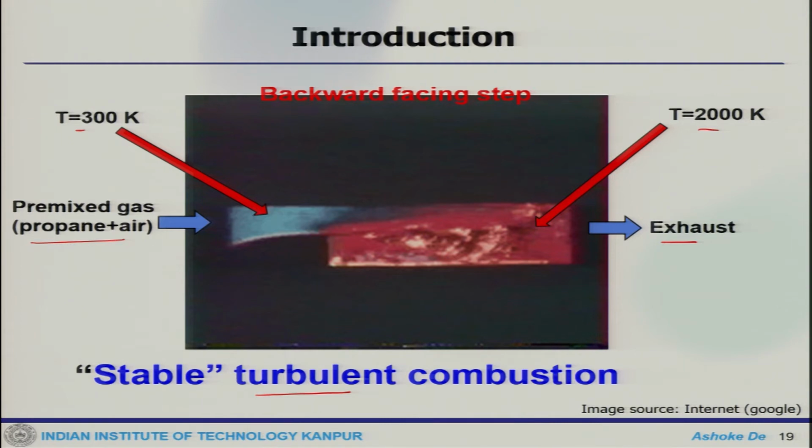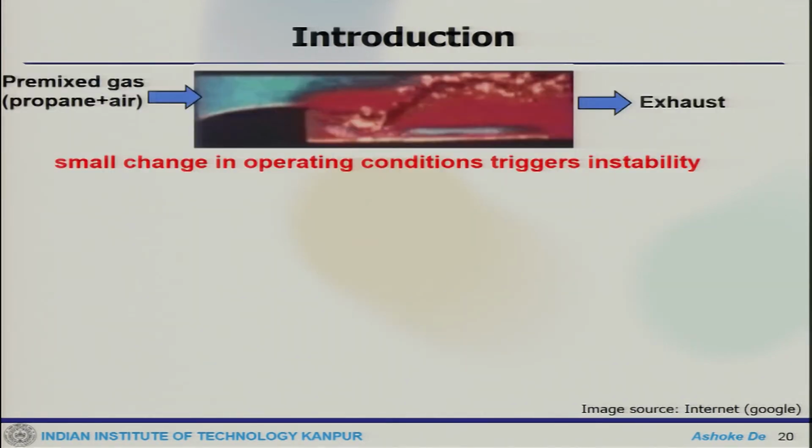Does that mean we can also have unstable combustion? Yes, we do. Even for this particular case, as long as you are sending this mixture which is burning here, you get some sort of stable combustion. The mixture is coming in, it keeps on burning, and everything is stable. You change some of the parameters at the upstream, maybe you modulate this upcoming mixture, or you modulate the fuel flow rate or air flow rate, any of these things.